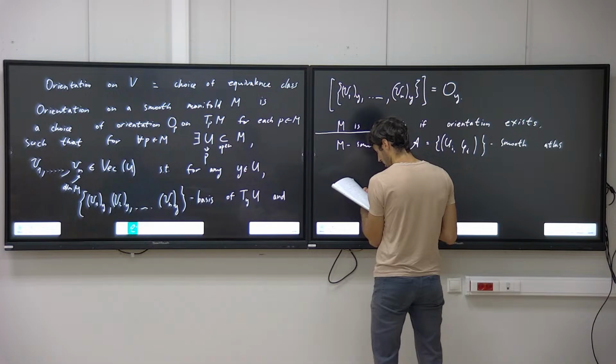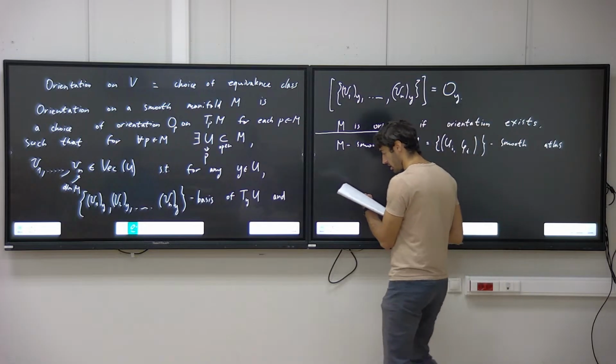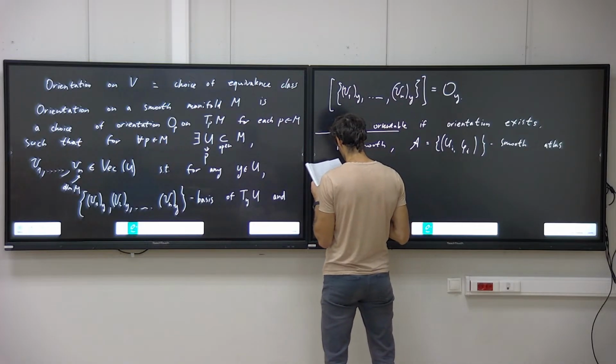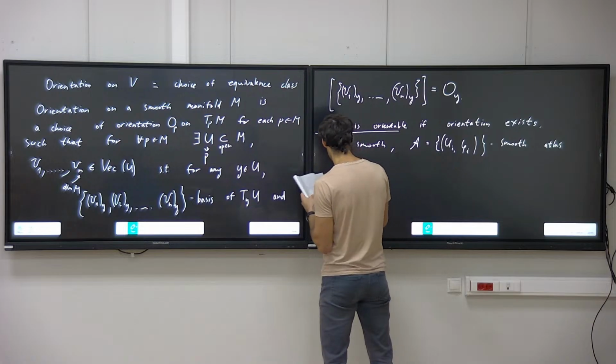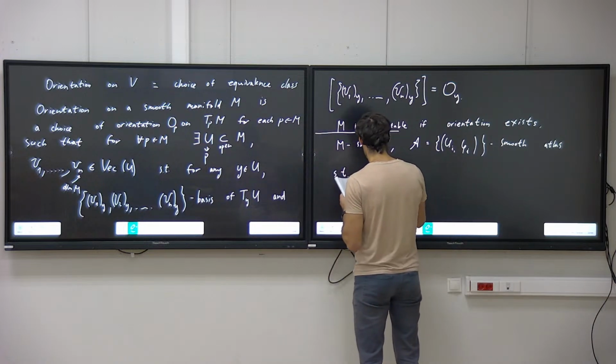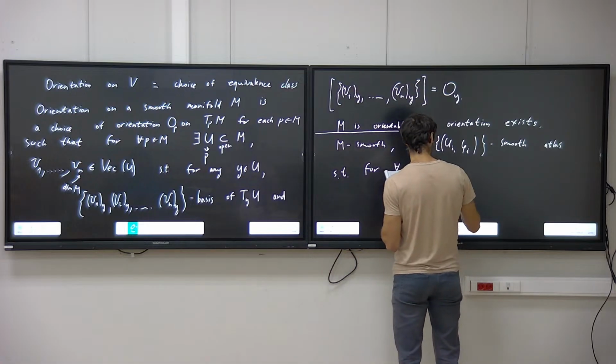And moreover, I would like some more conditions. So this is a smooth atlas, but it is what is called locally finite. Right. So atlas, so this is such that for any I, well,